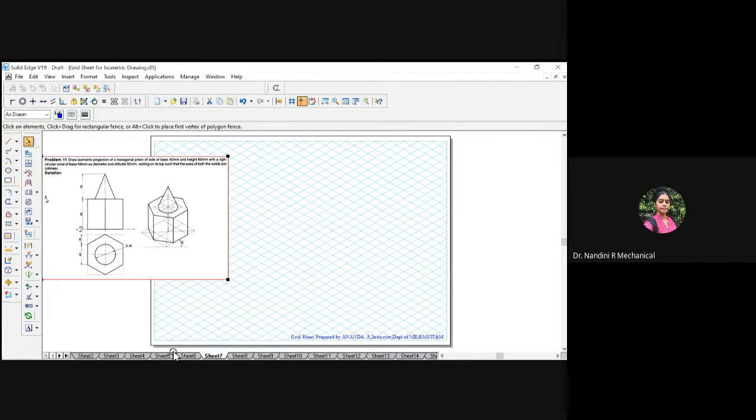If you take the projection here, since it is 40 mm, from here to here it will be 20, and from here to here it will be 20. So in total this distance is 40. From here to here it will be 10 more and from here to here it will be 10 more. So it is 40 plus 10, 50, plus 10, 60. So overall it is 60 only everywhere.